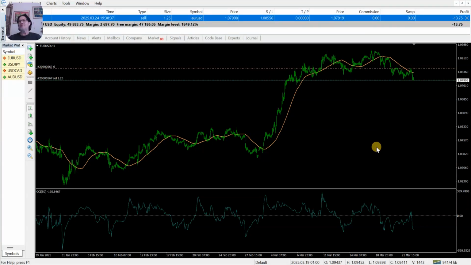You can go about your business, and you can just monitor on your cell phone where you are with your trade. And should it come to the point that price moves back up above the zero line, a signal that you should get out of your sell position, then you can easily close that directly from your cell phone. So it's really that simple, it's that easy. I wanted to share that with you, and I wanted to tell you that yes, you can be a successful trader using just a simple trading method.